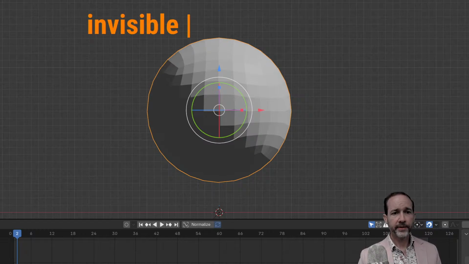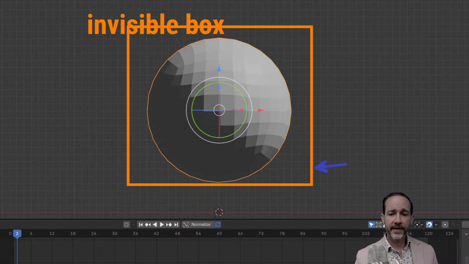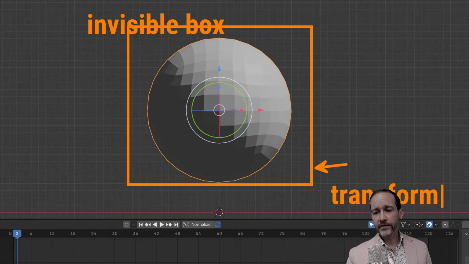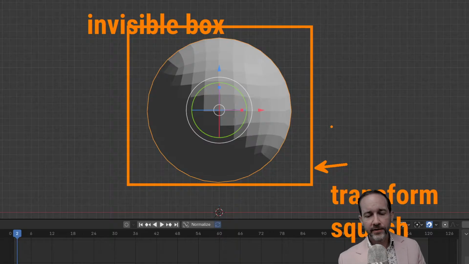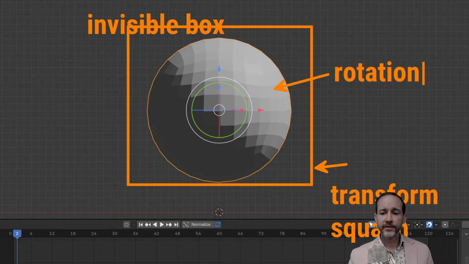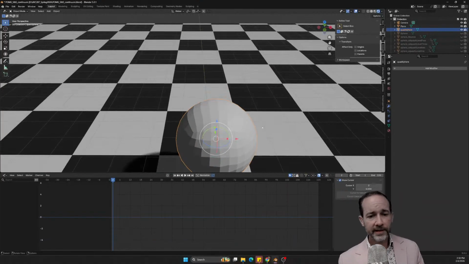And so this is a technique I'm going to refer to as the invisible box. The invisible box is that we're going to create a hierarchy of this invisible box over here. And in the box, we're going to move the transform and the squash. And then the actual sphere itself is where we can animate the rotation. And so that the squash, regardless of how we have the ball oriented, if we squash the invisible box, the ball will squash. So allow me to demonstrate.